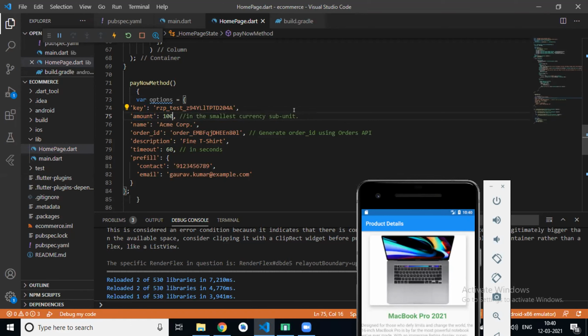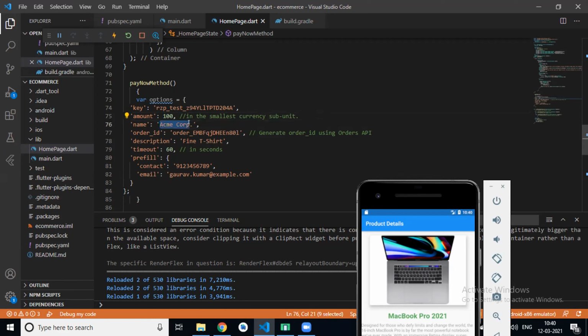This is the smallest currency subunit. So if I pass 100, the amount is 1. Clear? So if I want to pass 1000, then 1000 into 100. If I pass 100, that means your amount is 1.